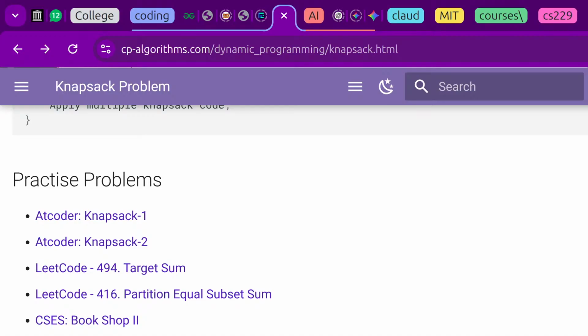Or we can say, because it's a knapsack problem, dp of W plus 1 comma 0, here equal to 0, i is less than